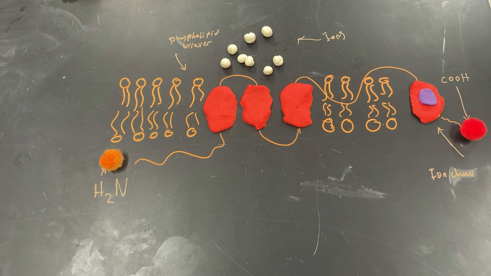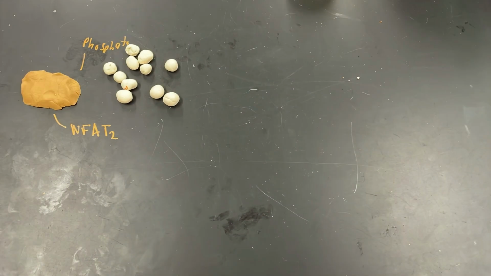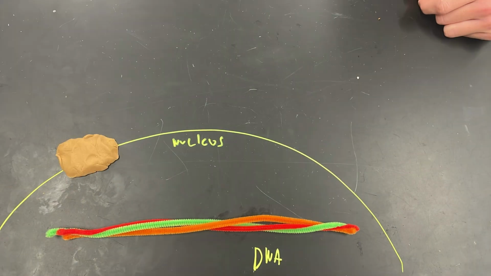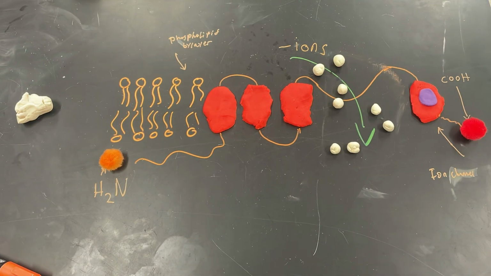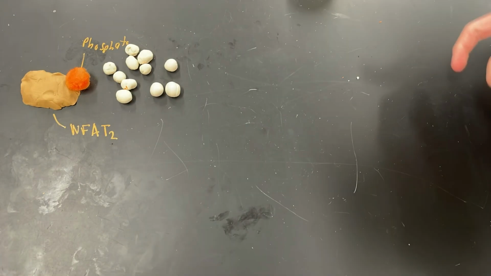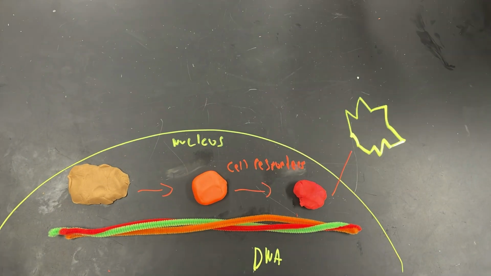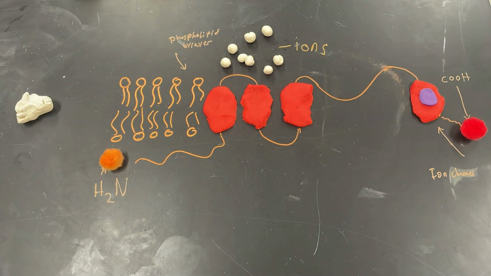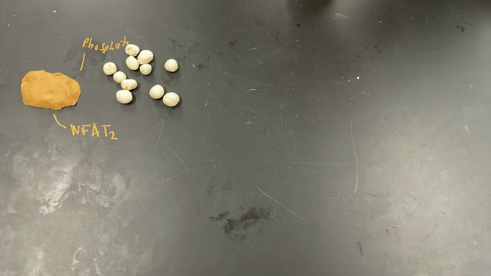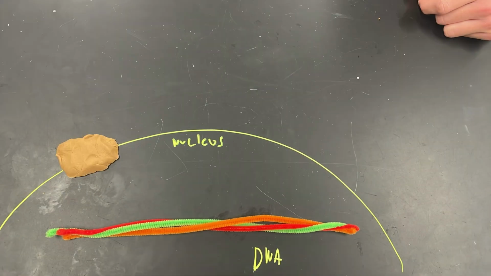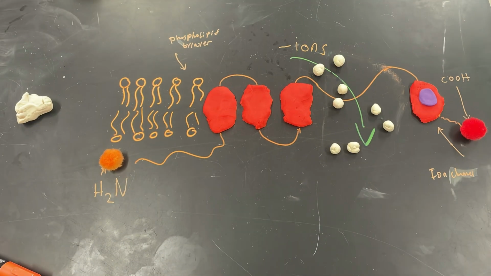The second cell signaling type covered is ion channel signaling. A ligand will bind to a chemical protein in the cell membrane, allowing for the flow of ions inside the cell. This results in the activation of a secondary messenger that will remove the phosphate groups of a transcription factor in the cytoplasm. Then, this dephosphorylated transcription factor will enter the nucleus of the cell and transcribe DNA, causing a